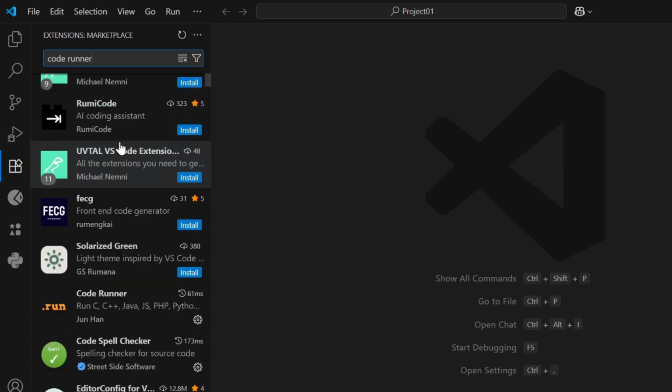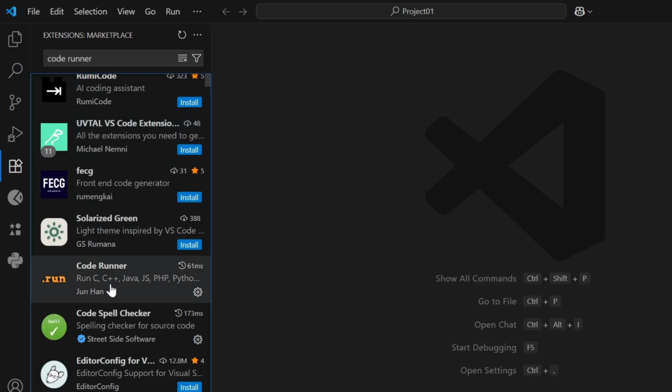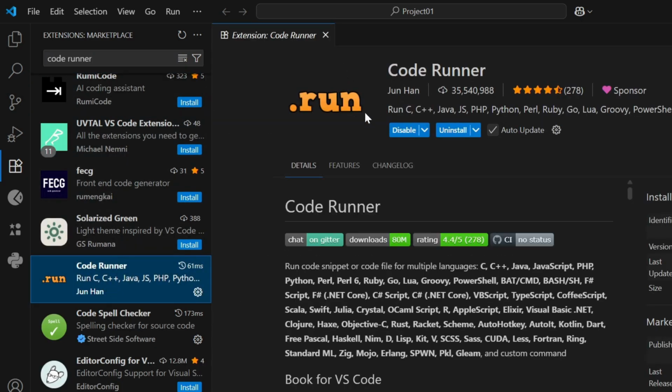You can choose this option, code runner. In my case it is already installed because I am already using VS Code. But if you are installing VS Code for the first time, it will not be installed. You can click the install option and this extension is installed in your VS Code,